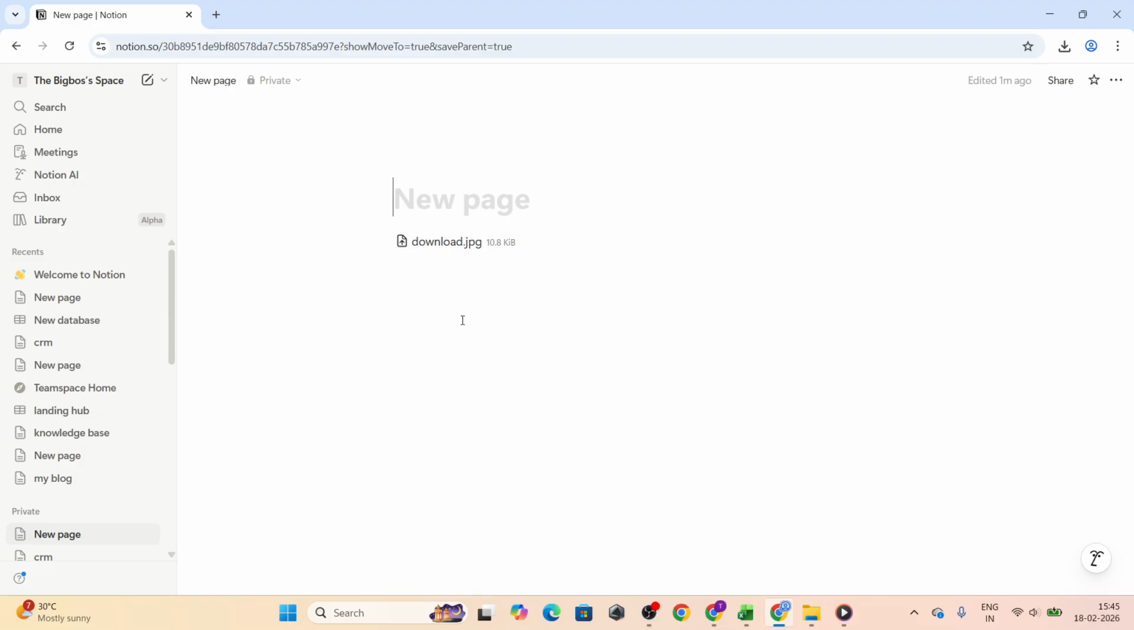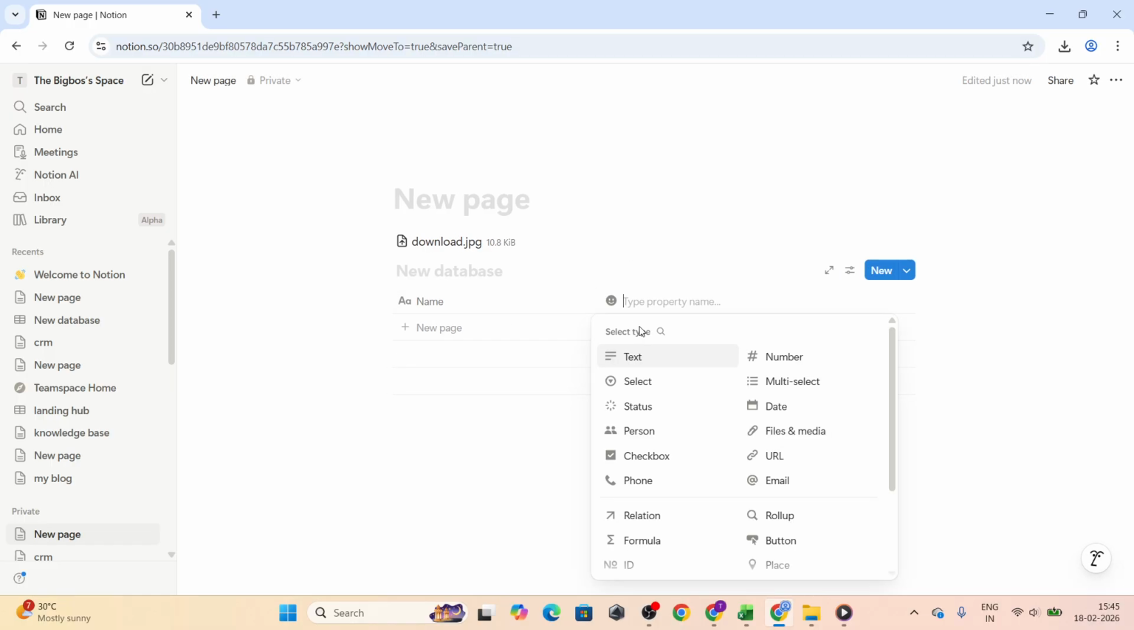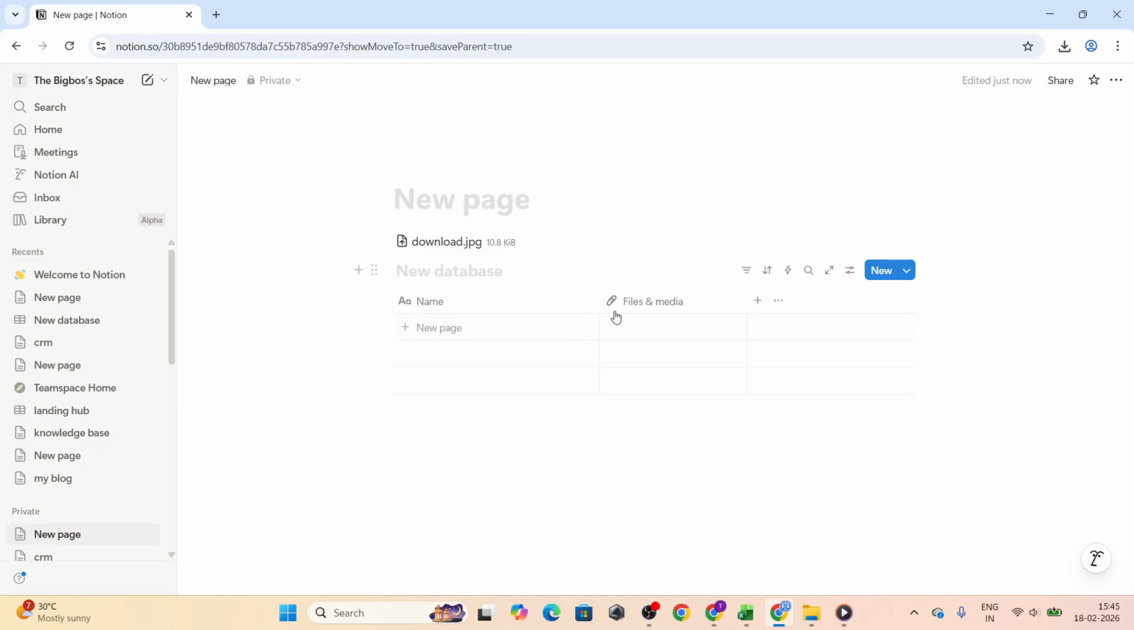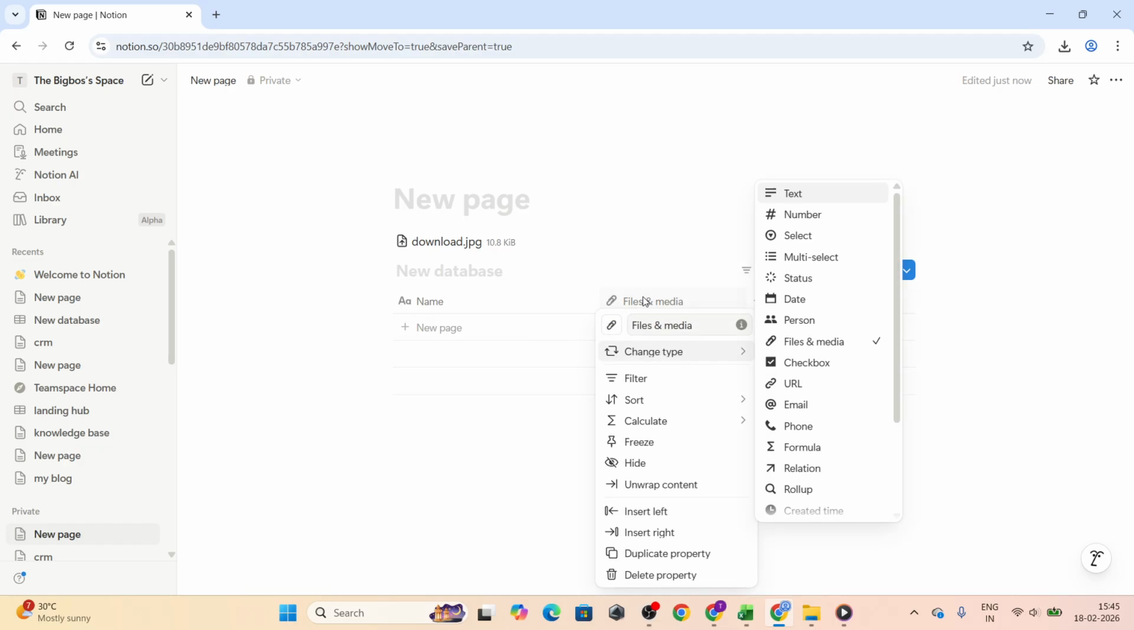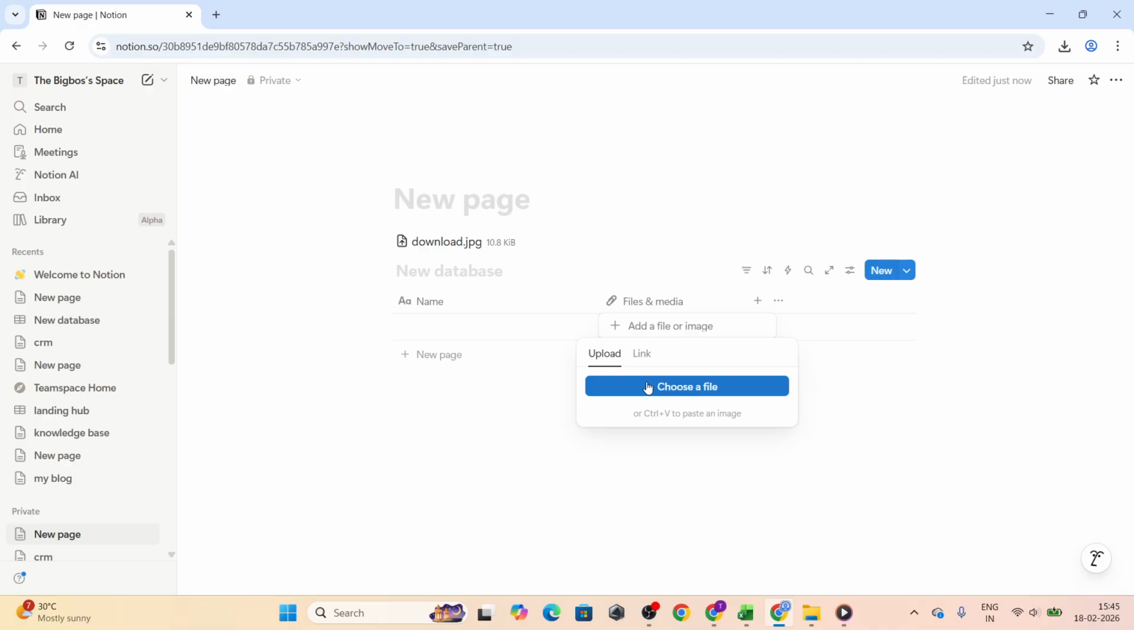If you are organizing many files, a database is your best friend. Open a database, add a new property, and set its type to Files and Media. Rename it to something clear, like Attachments. Now, for each row or entry, click that property to upload a file or simply drag a file into the